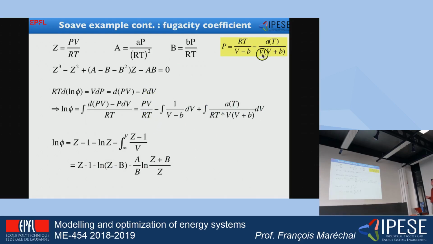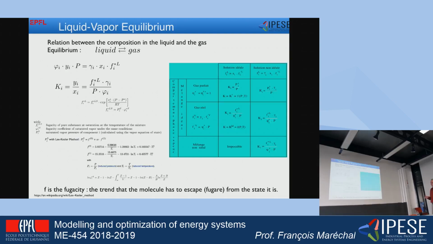So, knowing the equation of state, I'm able to calculate all those values here, which are all depending on the two parameters that I have here. Okay? I will be able to calculate the phi here, which will then be used in order to calculate the ratio between the amount of the compound that will be in the gas state and the amount of compound that will be in the liquid state. Okay? A single equation